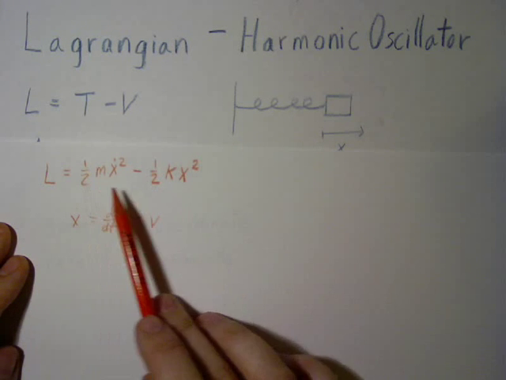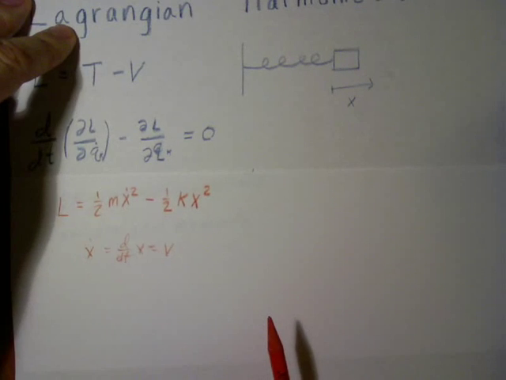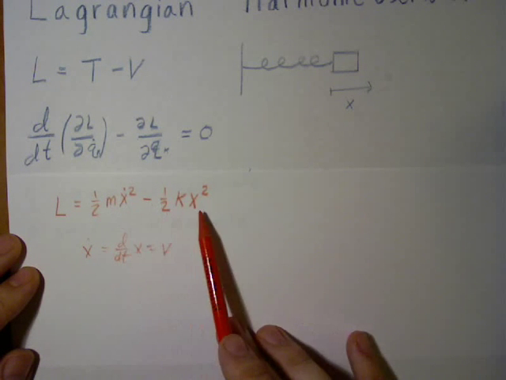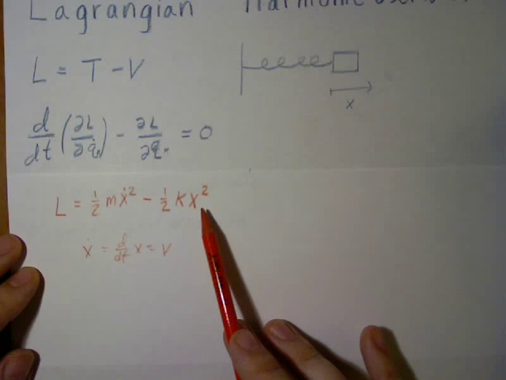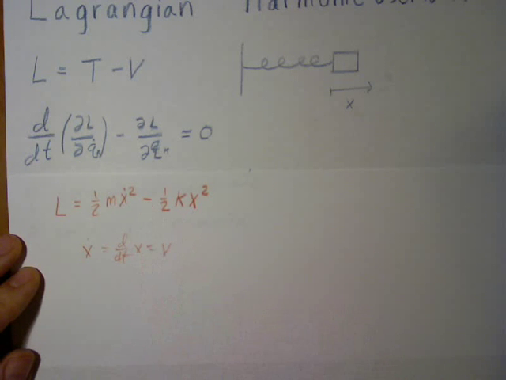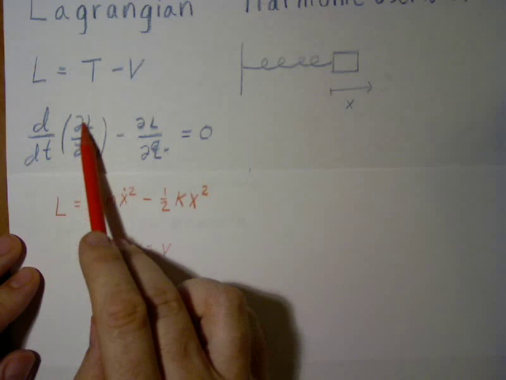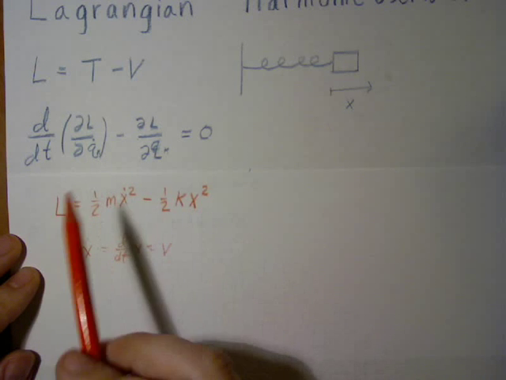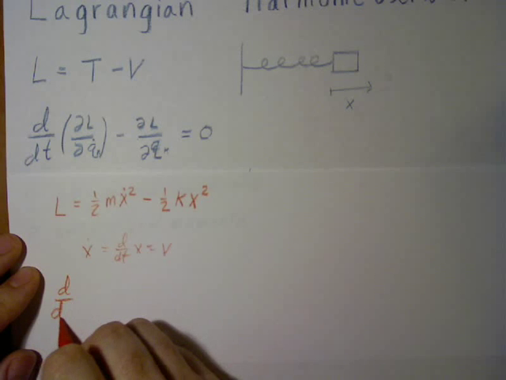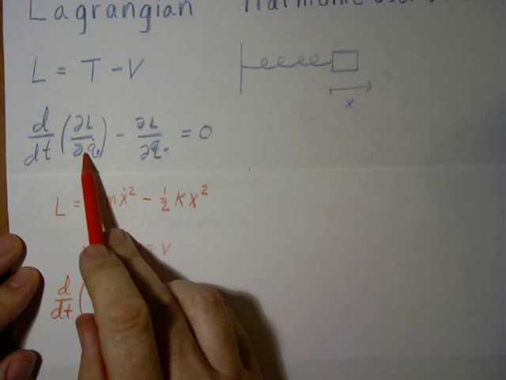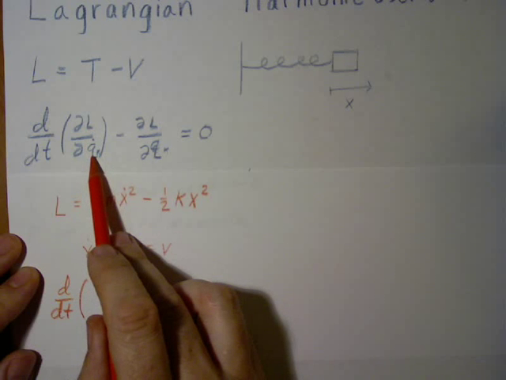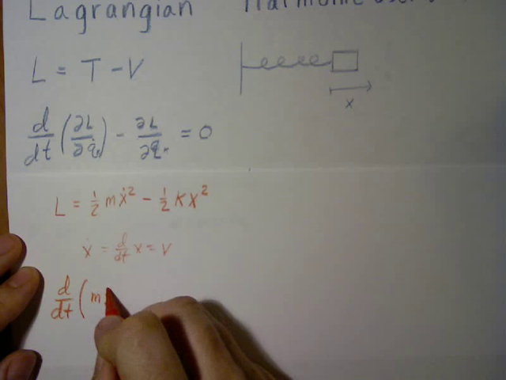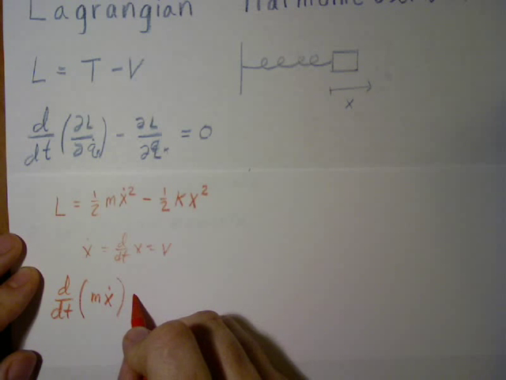Now, in order to solve this, we next plug it into Lagrange's equation. Fortunately, we only have one variable and one generalized coordinate in this problem, just x. So we take the partial derivative with respect to x dot. That means we ignore x. It means we get the time derivative of the partial derivative of L with respect to x dot. We get m x dot minus